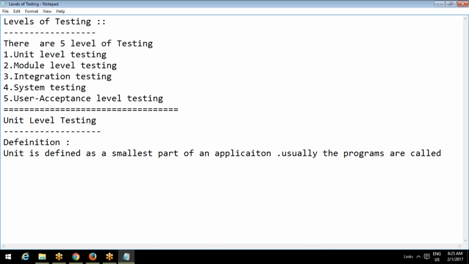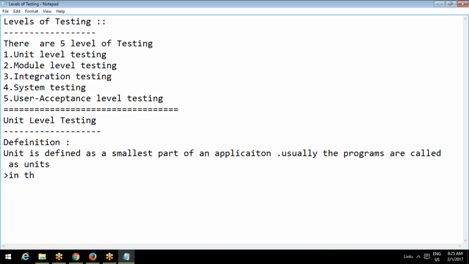One program is called one unit, like that. Second point, in this level of testing,